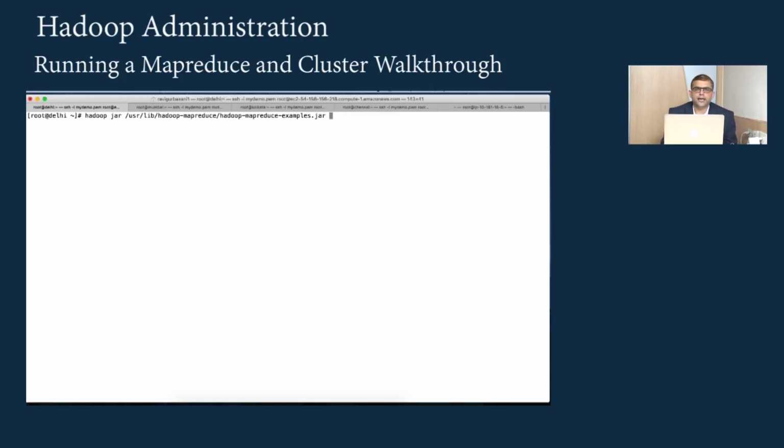So we are using a jar file that's created by the developers of Hadoop. We are not creating it. In that jar, we are trying to run a program called grep, which will basically search.